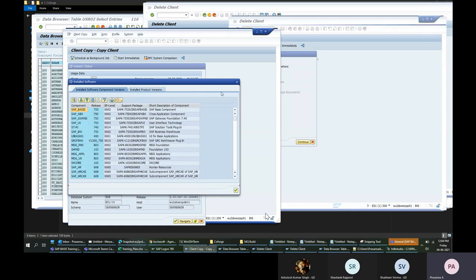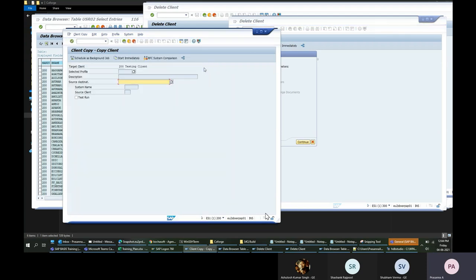Then only I can copy the client from one system to a different system. So SCC9 is for a remote client copy, whereas SCCL is a local client copy within the same system. This one is a remote client copy.